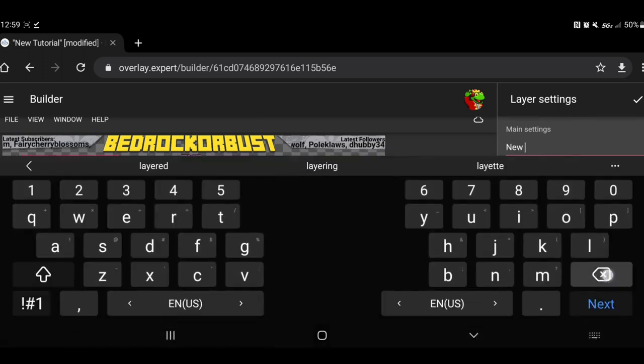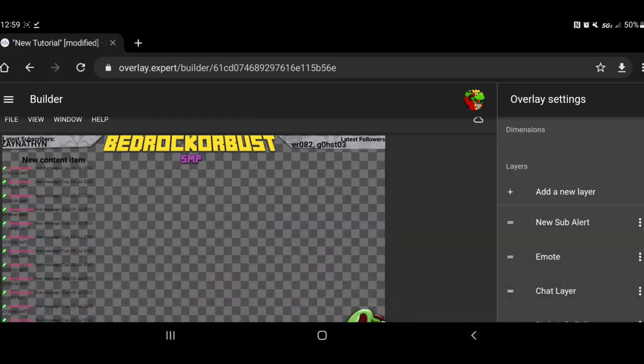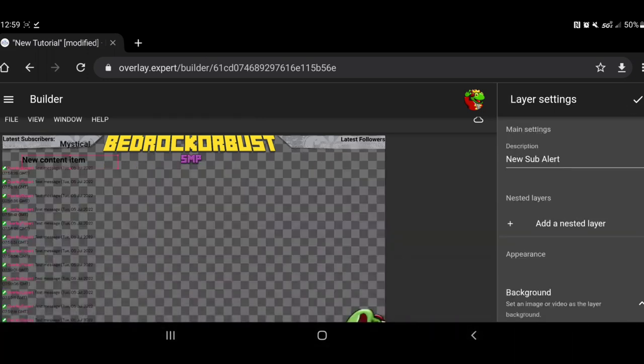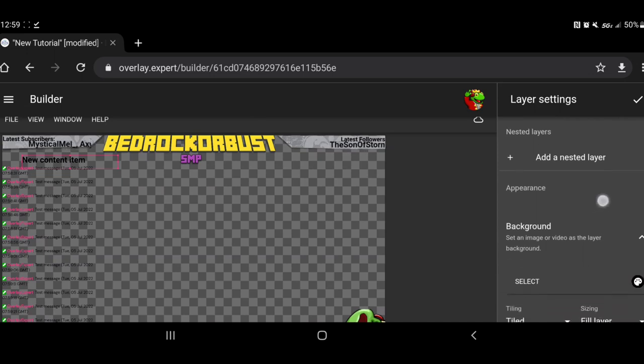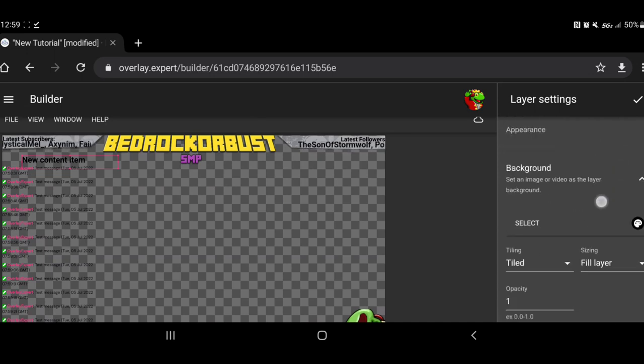We can call this a new sub alert. Right, that'll be a new sub alert. As you can see, it's over on the left hand side. It gets a little tricky when you're using the phone, so